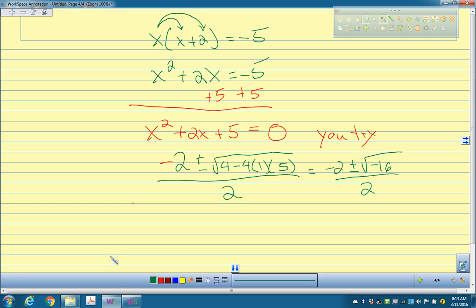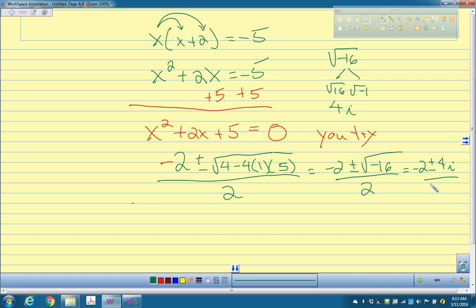This is why we did the complex numbers before we did this chapter. Okay? How could I rewrite the square root of negative 16? Let's just do a little simple problem. What's the square root of negative 16? 4i. It's equal to the square root of 16 times the square root of negative 1, which David said is 4i. Okay? So what you end up getting is negative 2 plus or minus